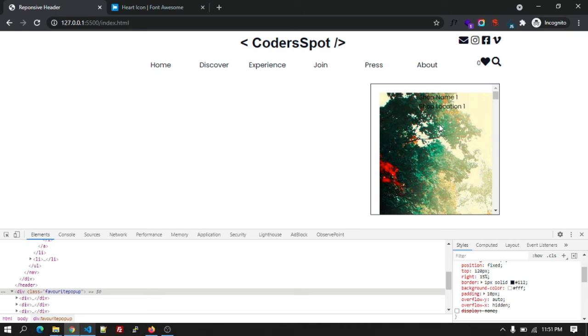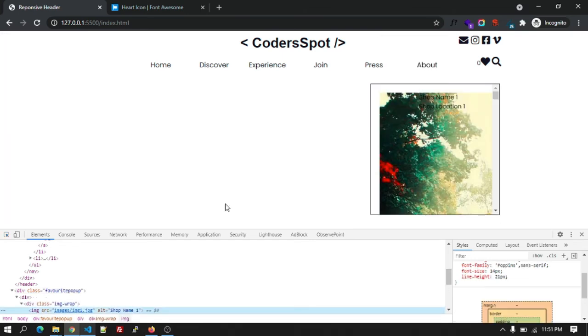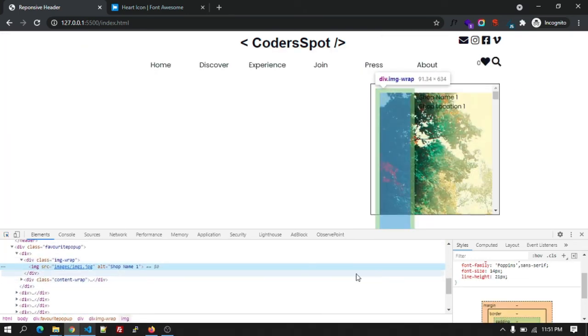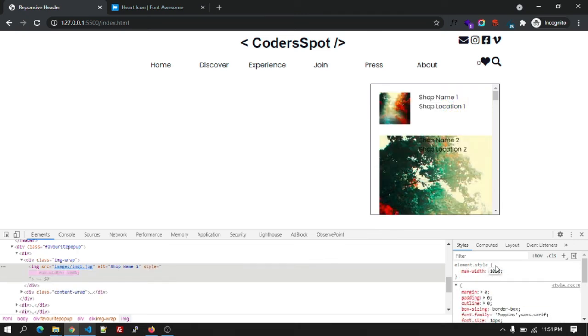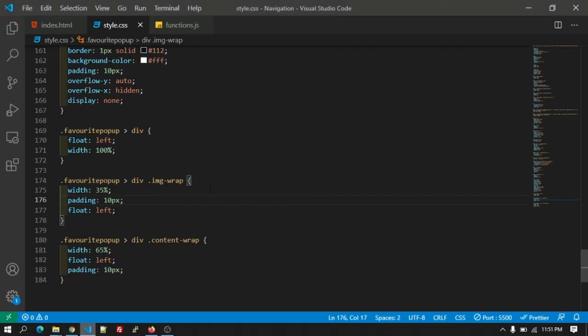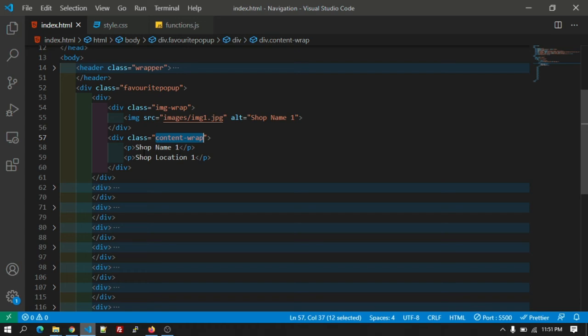So the image is very big actually. Let's try to give a maximum width so it doesn't go outside of it. Let's give maximum width 100%. So this is how it looks. Okay, let's give the image, it's there inside the image wrap.